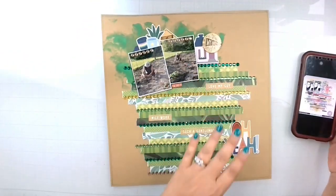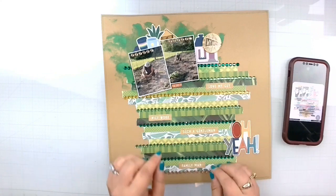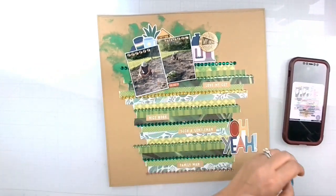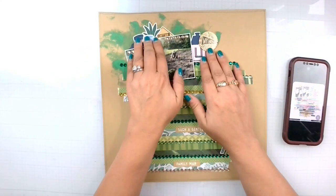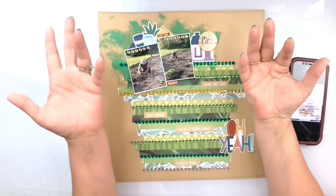She roughed up her paper edges. I didn't do that. Should have. It would have been a lot more textured through there. But to get the texture and the look of that, I threw in the gems. Because the idea for Stash Dive Tuesday is to use these random bits up. I had bought this collection from Close to My Heart, and it was the COVID one, and you guys, I